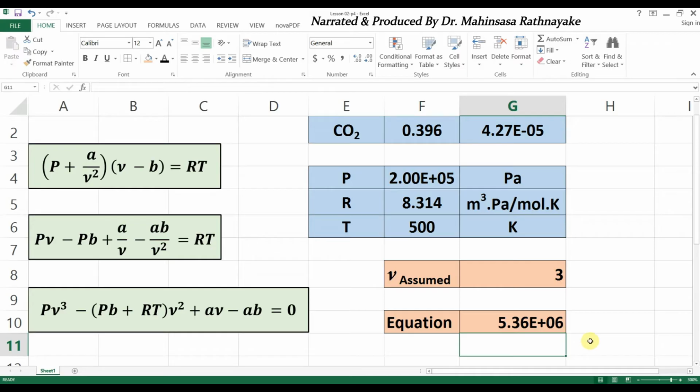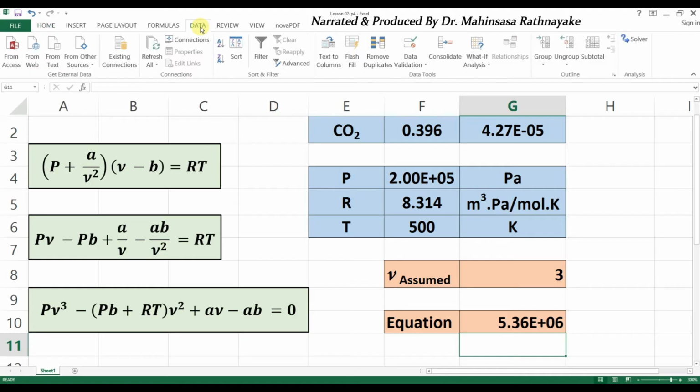So we need to use iterative methods to solve this problem. Let's use two tools in Excel software for iterative solutions. The first tool is the Goal Seek tool. Go to the Data tab and click on What If Analysis. There, select the Goal Seek option. The Goal Seek tool is very simple. It can be used when we have only one equation, as we can select only one cell.